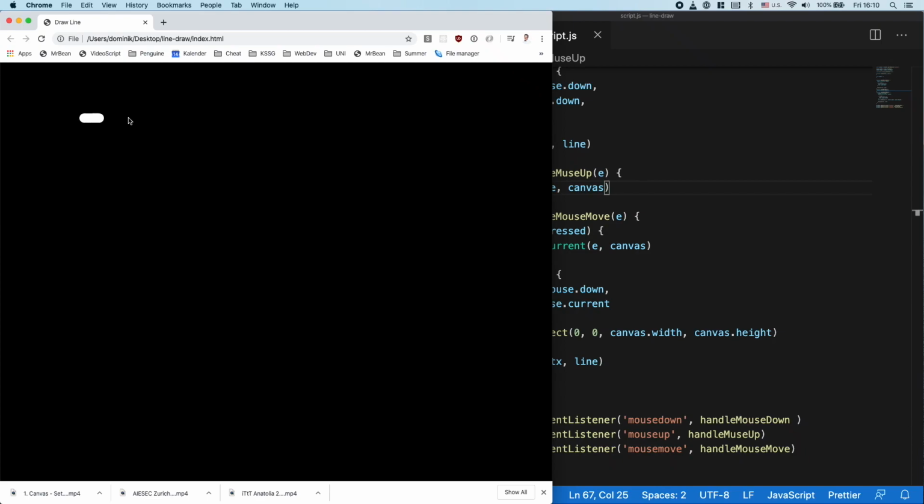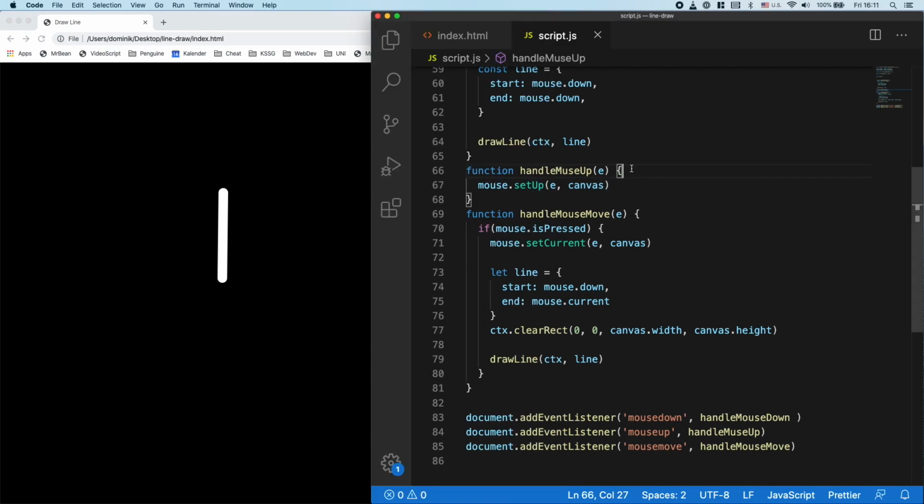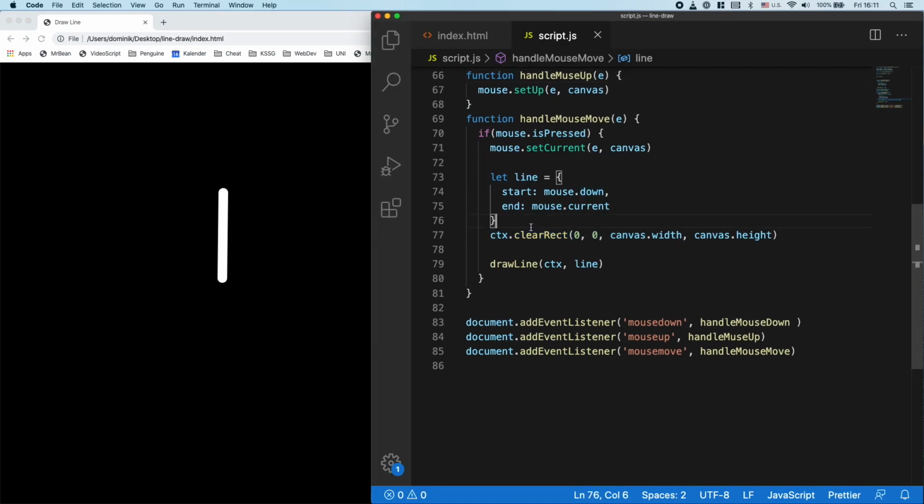We can draw those lines. As a next thing, we don't only want to draw the lines, but we also want to draw multiple lines, which means as soon as we draw another line, we also want to have the previous line. Currently, the problem is that we call this clear rectangle function every time we